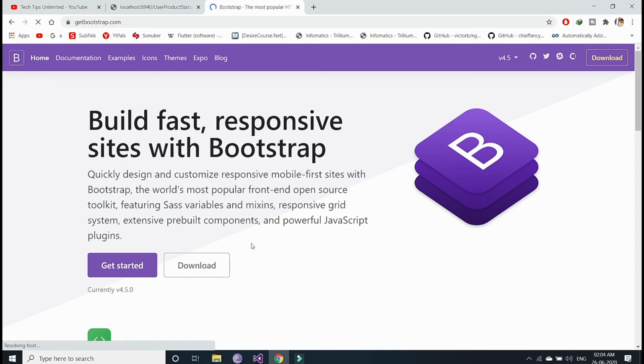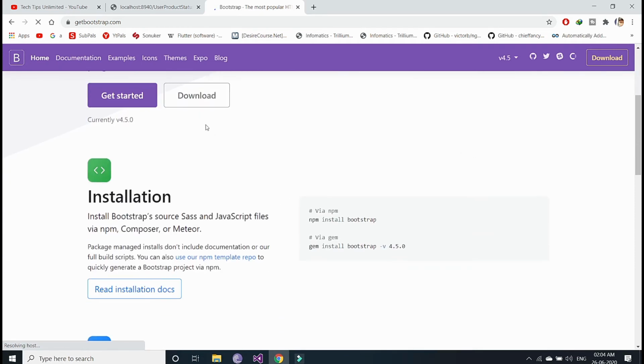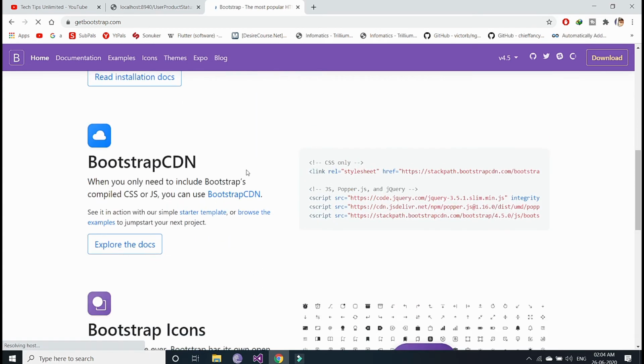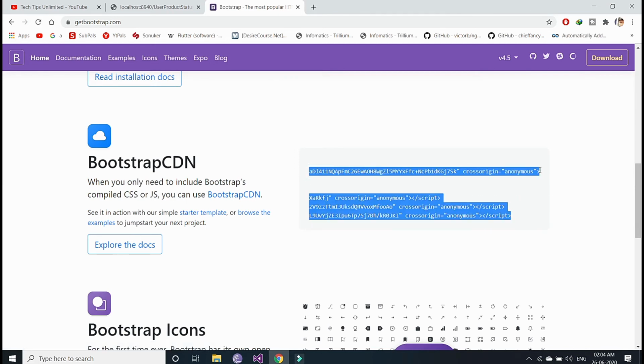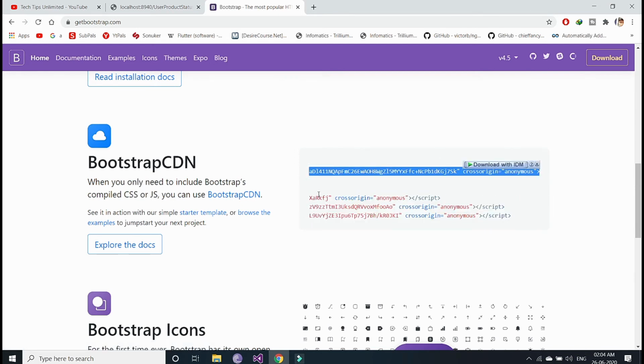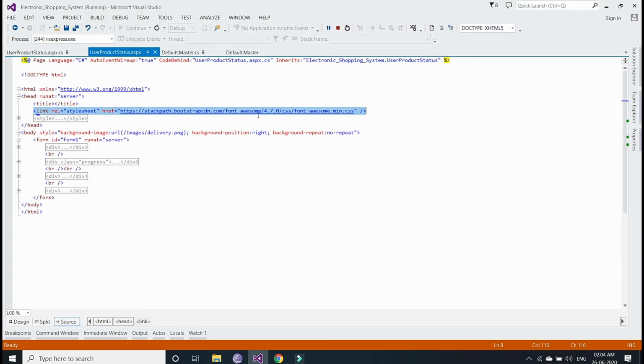You can download bootstrap and include it in your project, or simply you can get the URL which is present here. I simply copy this URL and paste it here.